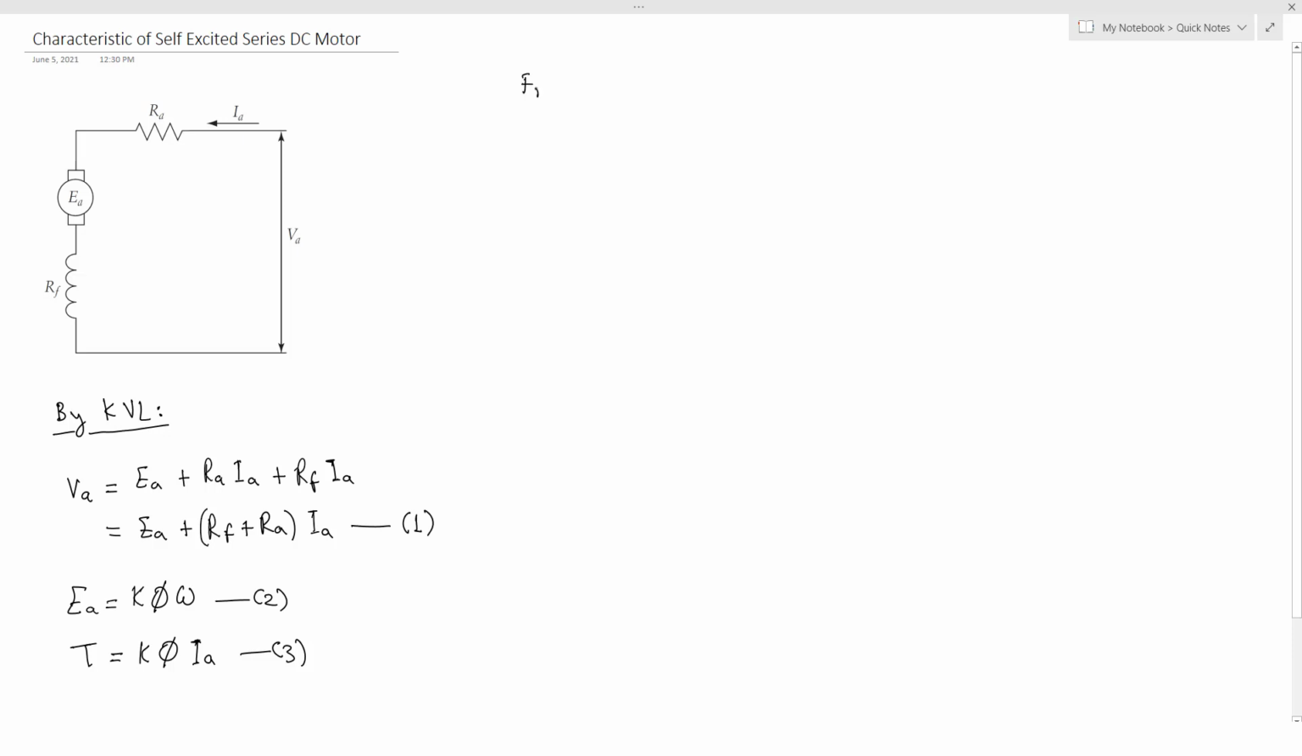Also from equation number 3, IA equals torque divided by the constant K multiplied by phi, which is equation 4. So substituting 2 and 4 in 1 yields